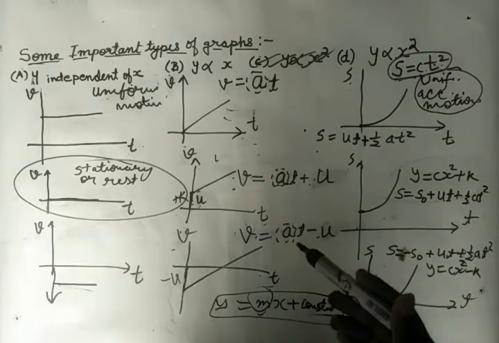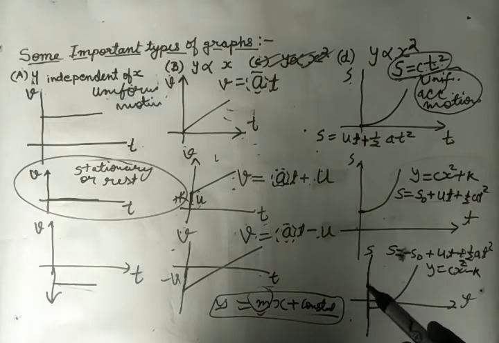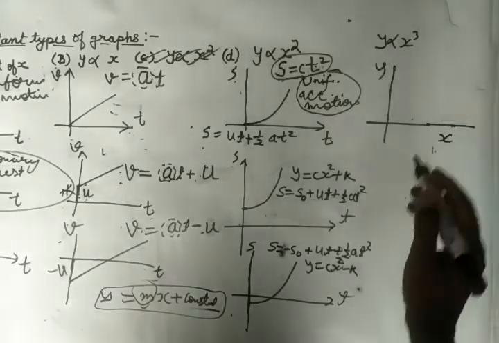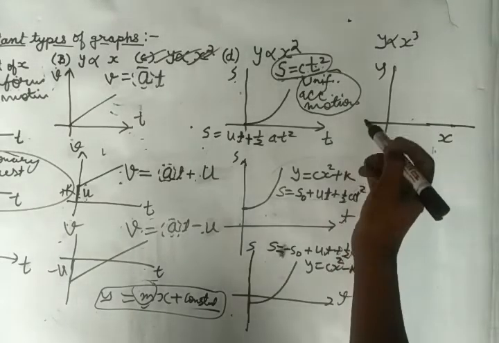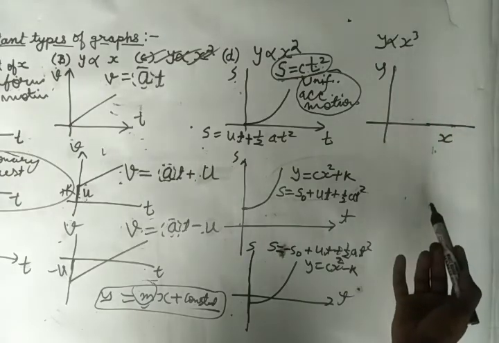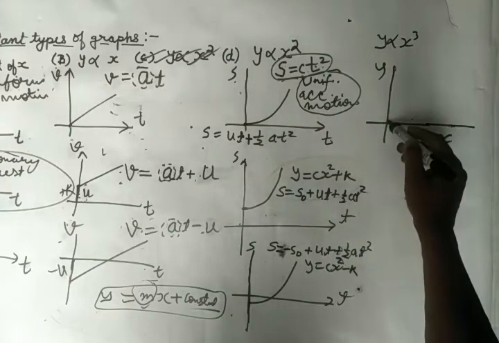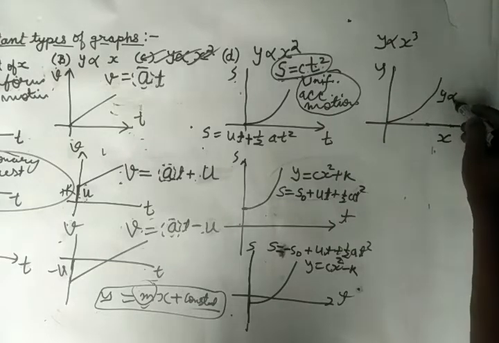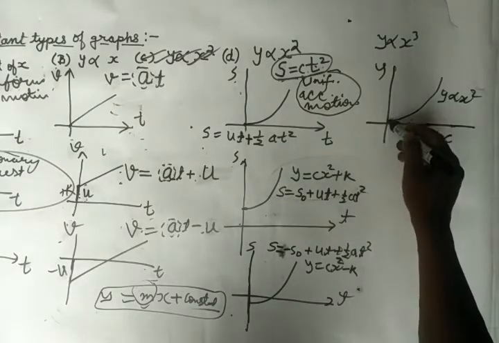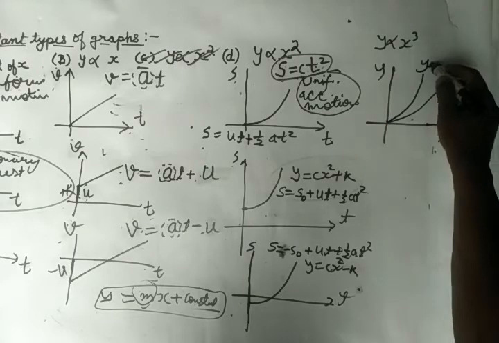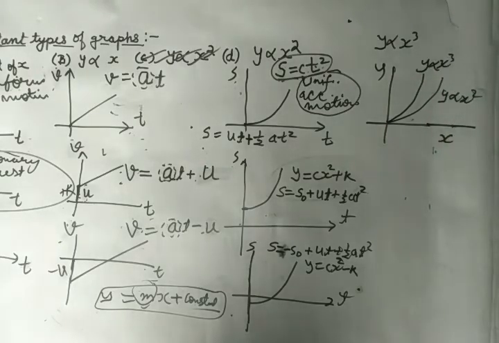Now, that part where I told you that y is directly proportional to, initially I wrote that y is directly proportional to x cube. So in this case, if power goes on increasing, so the curveness of the graph goes on increasing. So if this is the graph for y proportional to x square, so for x cube it will be much steeper, y proportional to x cube. If you could remember that